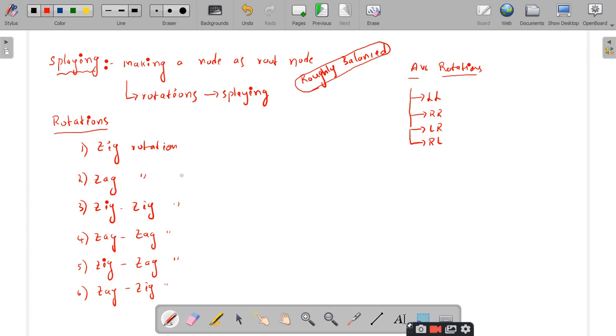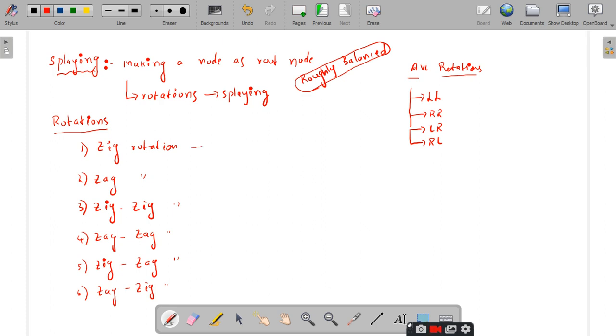We'll see each and every case with an example. What is a zig rotation and what is a zag rotation? When we have to consider the zig rotation, when we have to consider the zag rotation, all these things we will discuss, right?